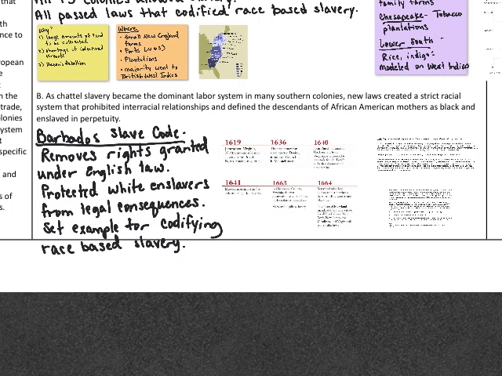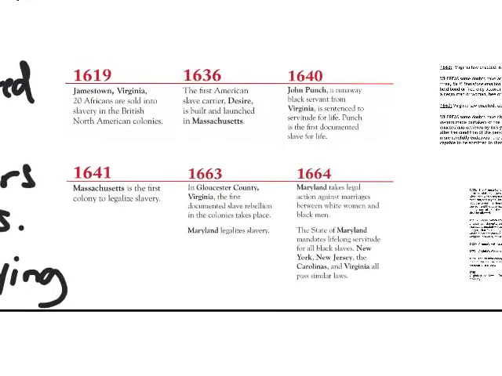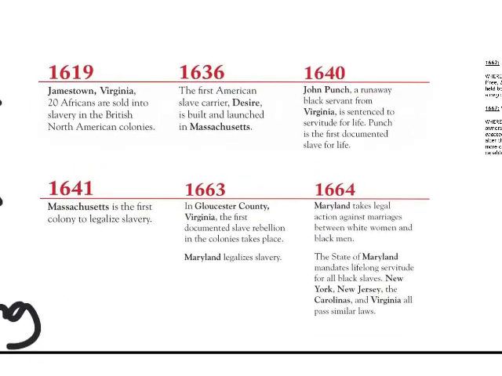And so we're going to move on to the next subtopic. As chattel slavery became the dominant labor system in many southern colonies, new laws created a strict racial system that prohibited interracial relationships and defined the descendants of African American mothers as black and enslaved in perpetuity. So this is a broad timeline of